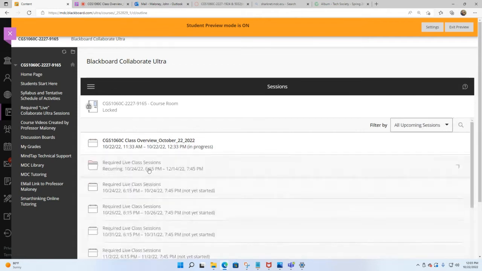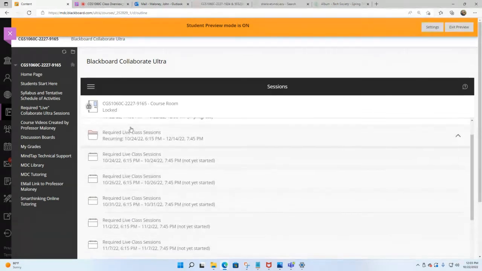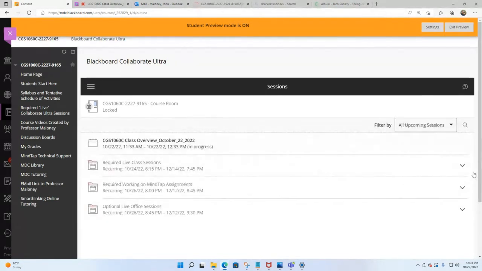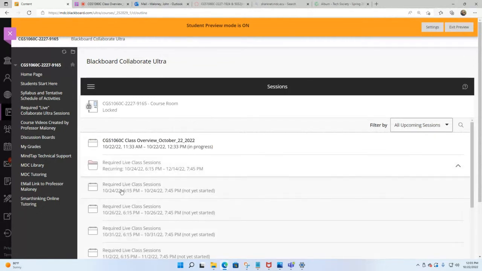So at 6:15, you have to be right here. So you click that link. And you also, by the way, could have clicked the link from this down arrow on the right side where it says show occurrences. It doesn't matter which way you do it. I click right here, and then I'm looking for 1024, which is the first one. Once this one is over with, then the next one will show up as being for 1026, okay? And if you're Tuesday, Thursday, this would be 1025, okay?